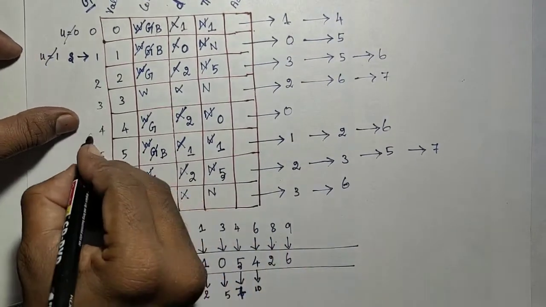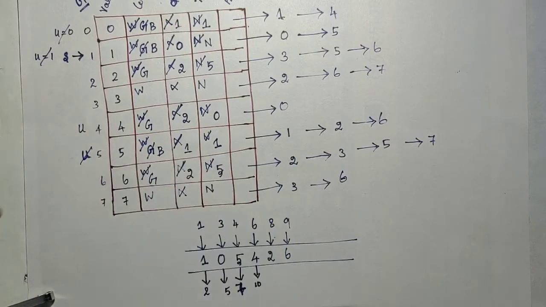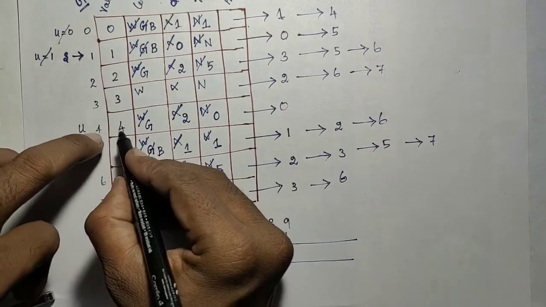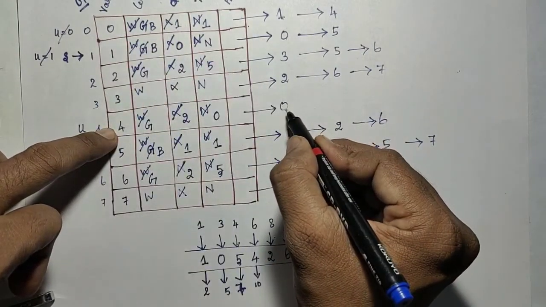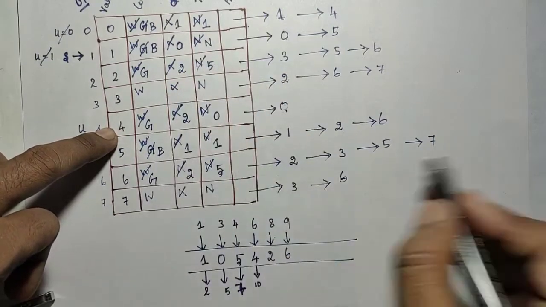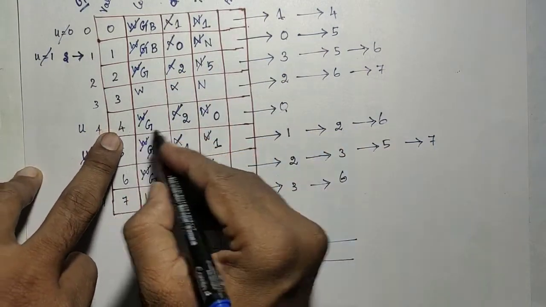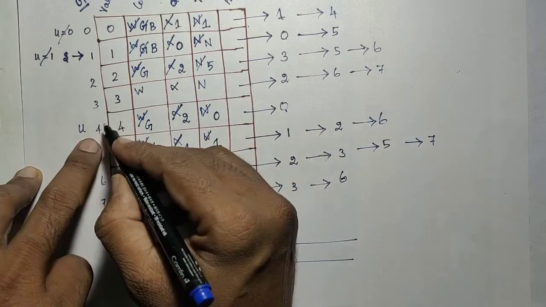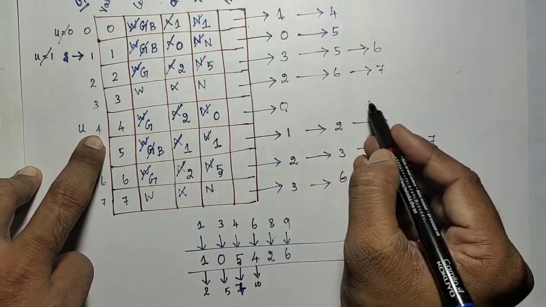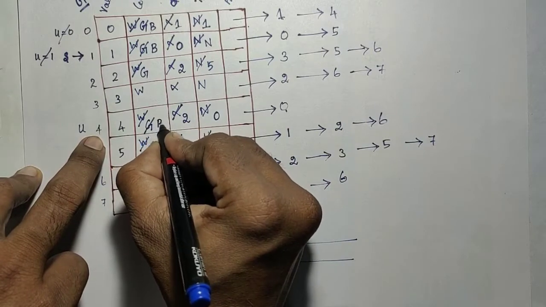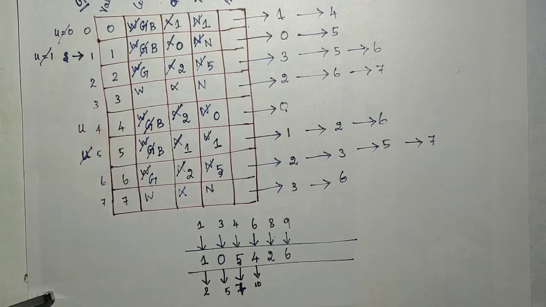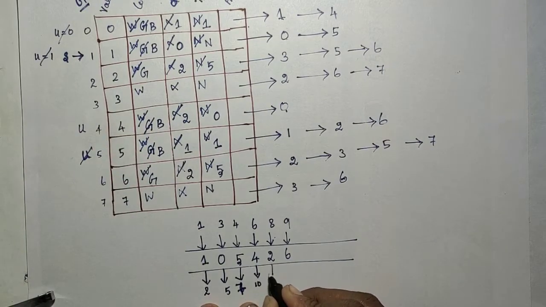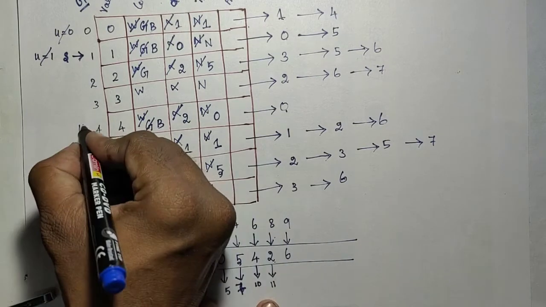So 4 will be marked as U now. U's adjacent node is 0. 0 is already visited, so nothing happens for 0. It will not be inserted further. It means that all the adjacent nodes of 4 are completely visited, so the color needs to be changed to black. Once it is changed to black, you go to the next iteration. The next dequeued element in that order is 2. So that is the 11th step. So U is moved to 2.